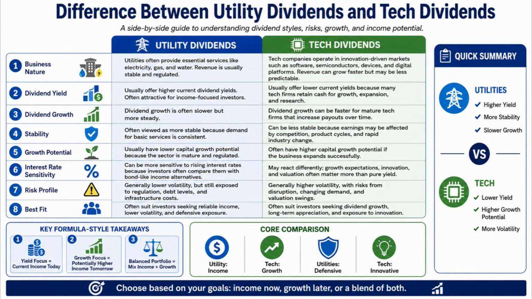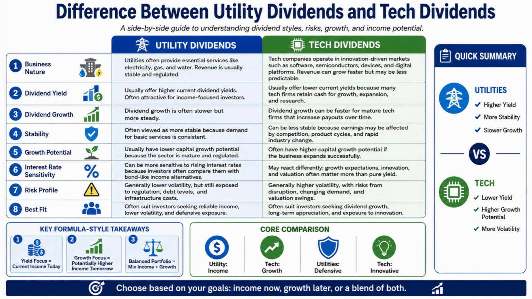To begin with, utility companies and technology companies operate in very different industries. Utility businesses usually provide essential services such as electricity, natural gas, and water. Because consumers and businesses need these services in almost every economic condition, utility revenues can be relatively stable. In many cases, utility companies also operate within regulated markets, meaning prices and investment returns may be influenced by government